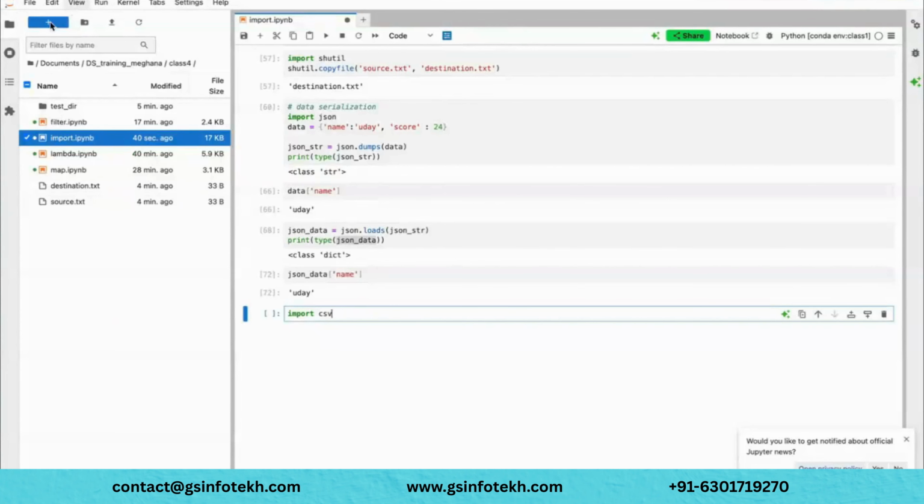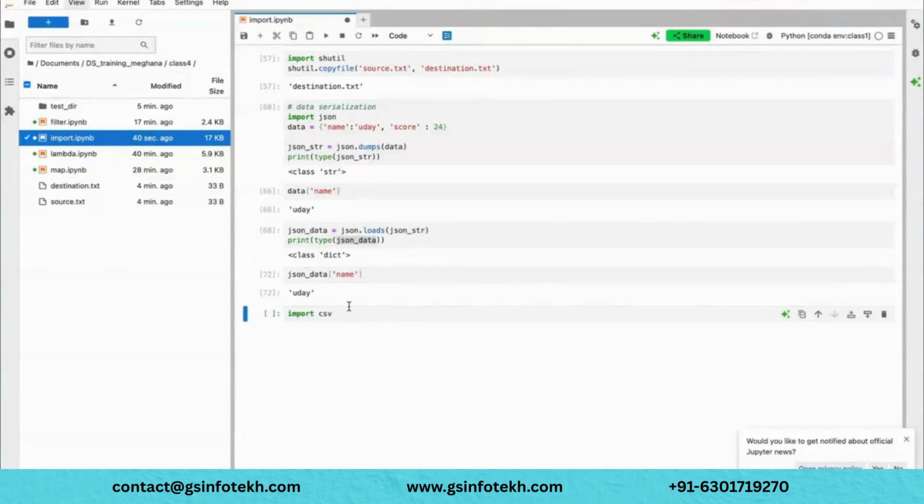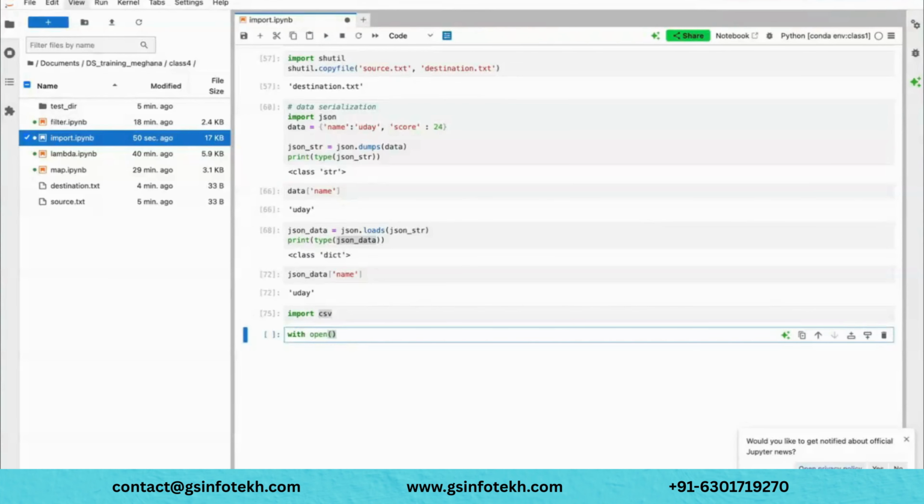I have to see whether I have any example.csv. I don't have one, so maybe I can create one here. So I import the csv module. What I'm doing is using open here. I will tell you what exactly this with and open do when we discuss file handling, but for now just remember that. I'm creating a CSV file and writing some rows here. So I will create example.csv,